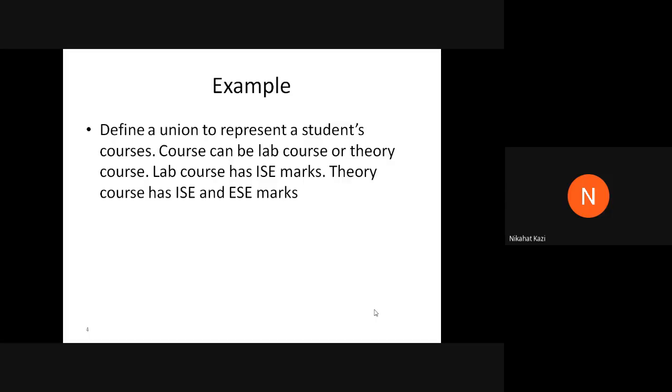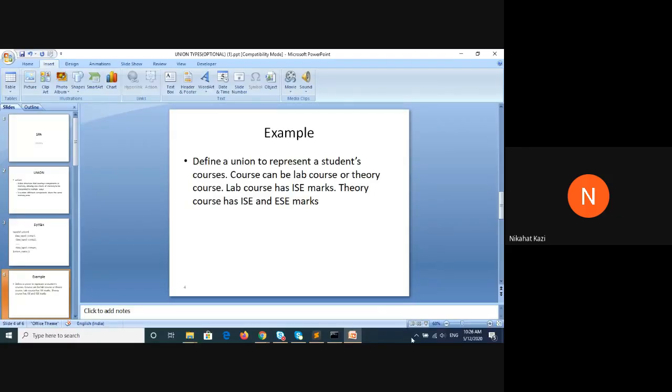So you can have a composite structure type where the components of that structure can be other structure types. Even unions, you can create a union in which the components are not only primitive types, but they could be structure types. So for this example, we will be doing that.